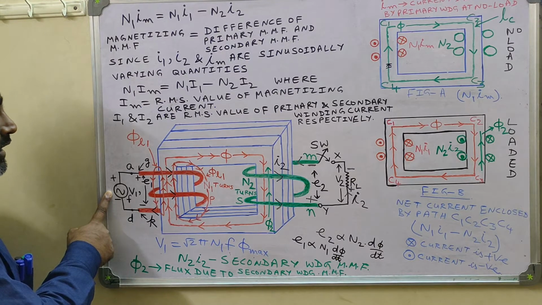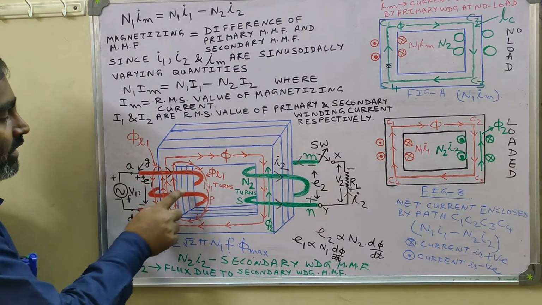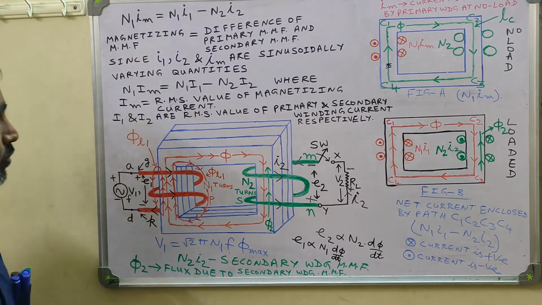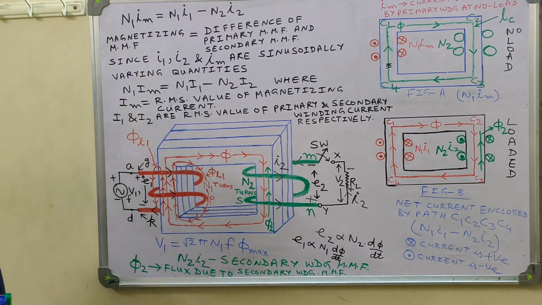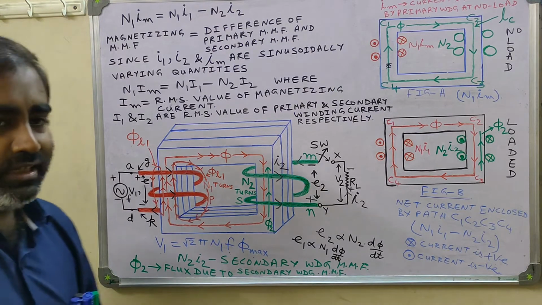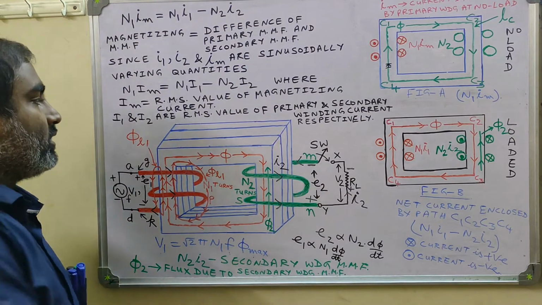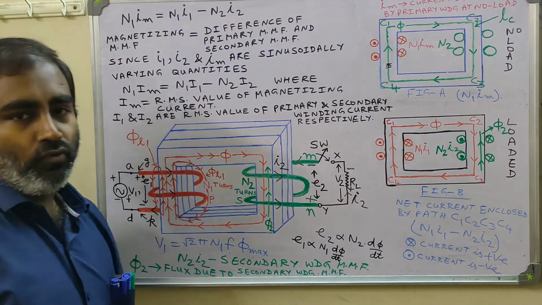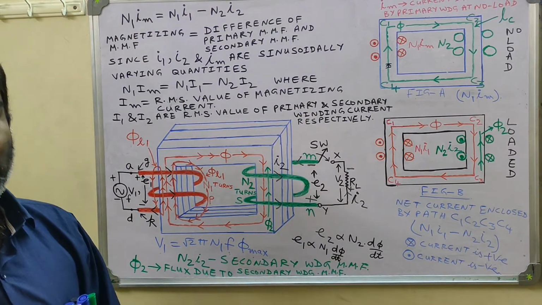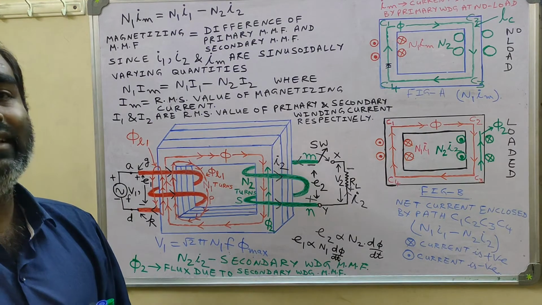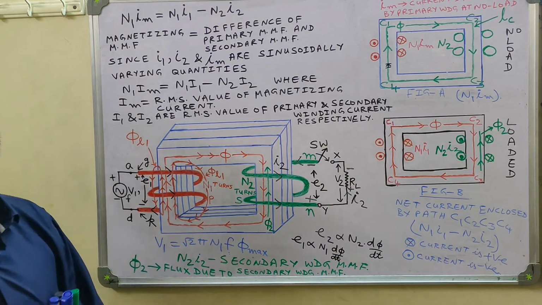Sinusoidal voltage will give rise to sinusoidal current through the primary coil P, and the sinusoidal current through the primary coil P will set up a flux through the magnetic core which is alternating in nature, or which is sinusoidally varying in nature. So we could expect some magnetic losses in the transformer magnetic core, but for an ideal transformer we are assuming that there is no eddy current loss, there is no hysteresis loss taking place in the magnetic core of the transformer. So this is our third assumption.